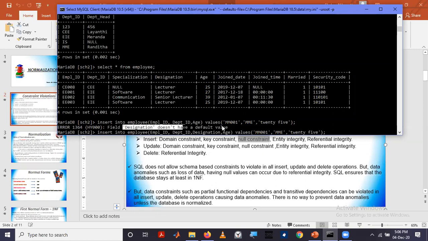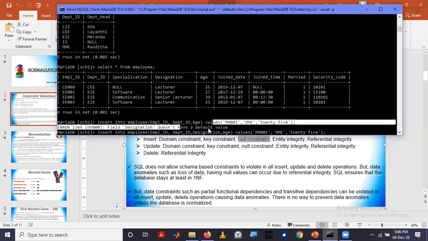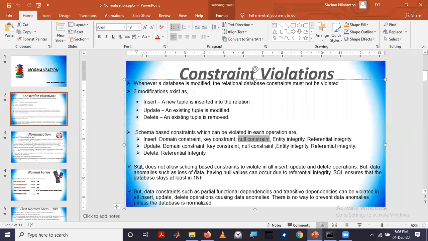If you try to, SQL will not allow it and will show an error message, right? So in the insert operation, such constraint violations can occur, but SQL does not allow schema-based constraints to be violated in insert, update, and delete operations. That is what I wanted to show you.